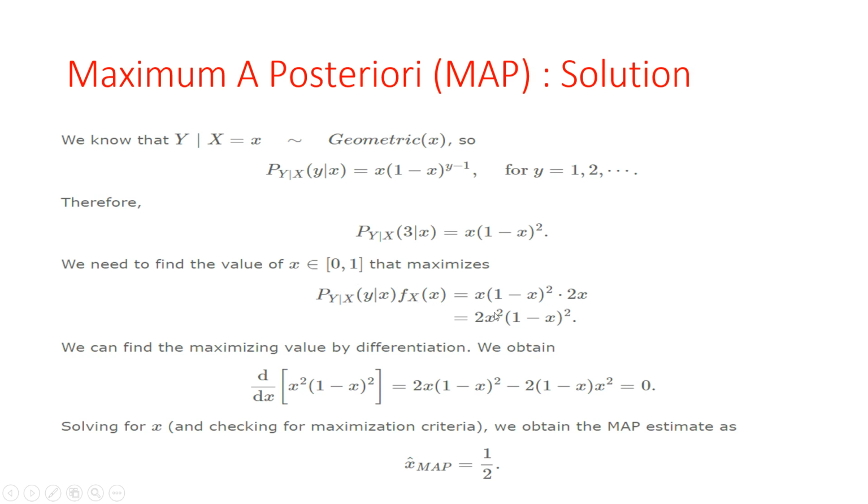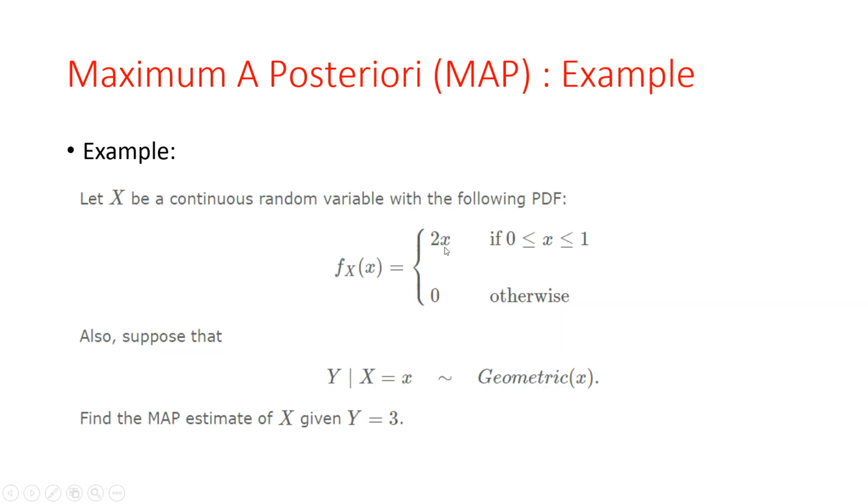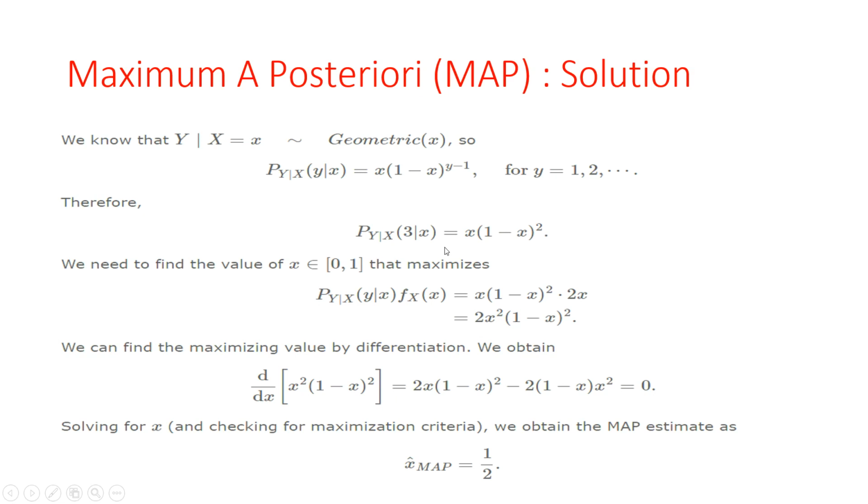So the interval will be 0 to 1, and here we apply integration for 2x. So from 0 to 1, here we get x into (1 minus x) bracket square into 2x, so 2x square into (1 minus x) square. Here we are using the integration from 0 to 1. So we can find the maximum value by differentiating. Here we differentiate d by dx of x square (1 minus x) whole square. So what will the derivative be, setting it equal to 0.